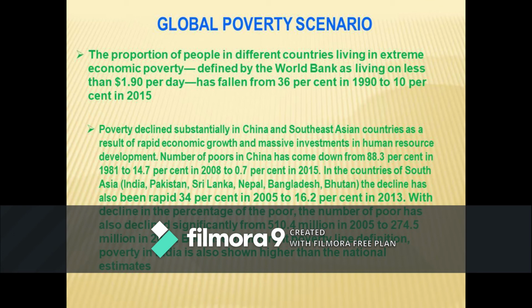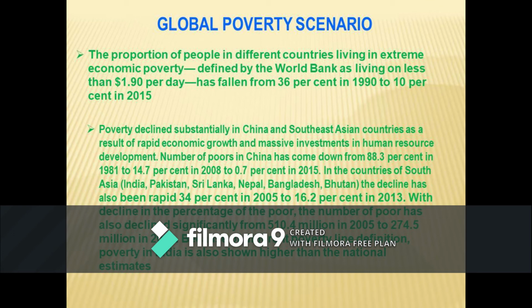With the decline in the percentage of the poor, the number of poor has also declined significantly from 510.4 million in 2005 to 274.5 million in 2013. Because of the different poverty line definitions, poverty in India is